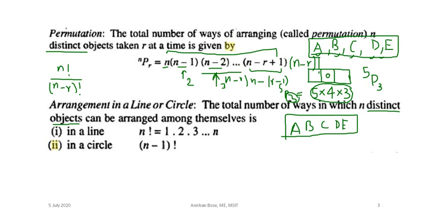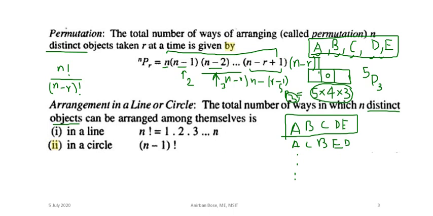In the first problem, out of these 5 we took 3 and arranged them. Here there are a total of 5 persons and we want to arrange all of them in a line. In how many ways can that be done? Maybe another arrangement is A, C, B, E, D. So in this way many arrangements are possible. The question is how many ways this can be done.